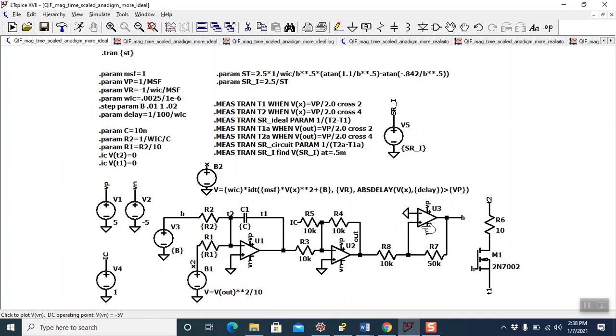Then we have a Schmitt trigger, which when V out goes past V peak, VH will go high, turn this transistor on, and short these two nodes, which is the reset. So when C1 is 0, this will become 0, and then the initial condition, which is summed in the opposite direction, becomes